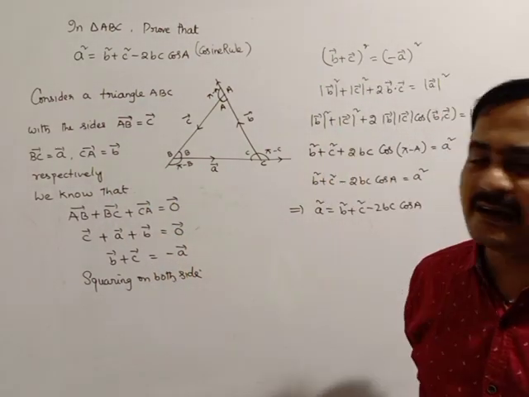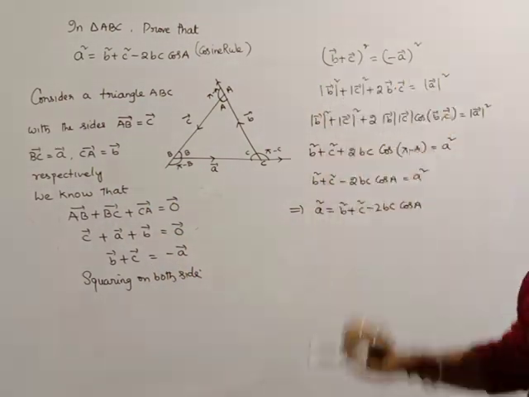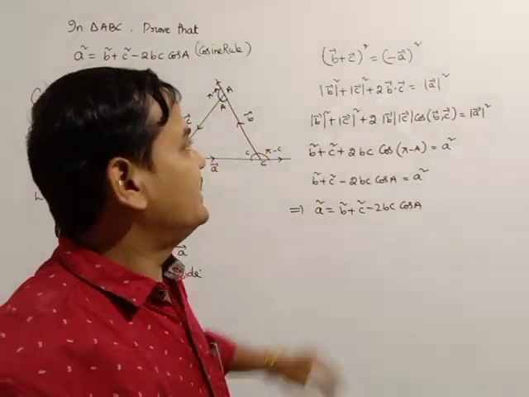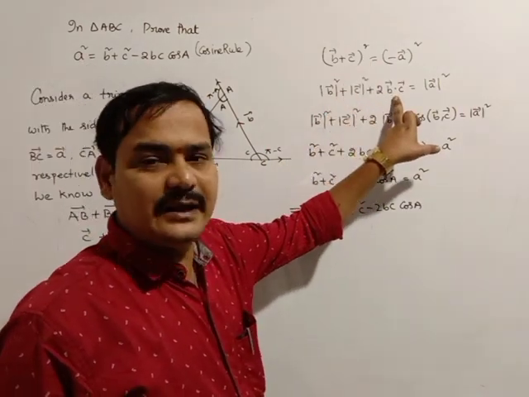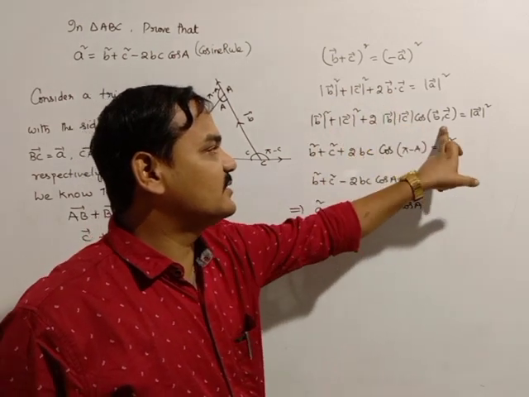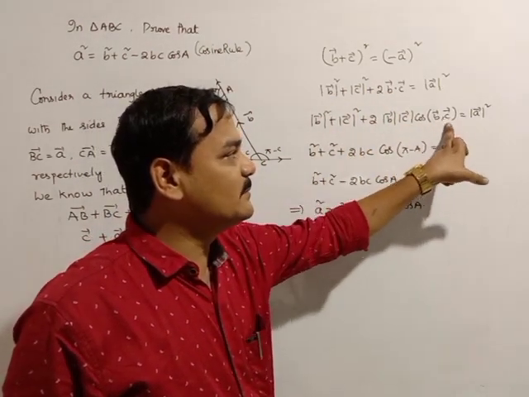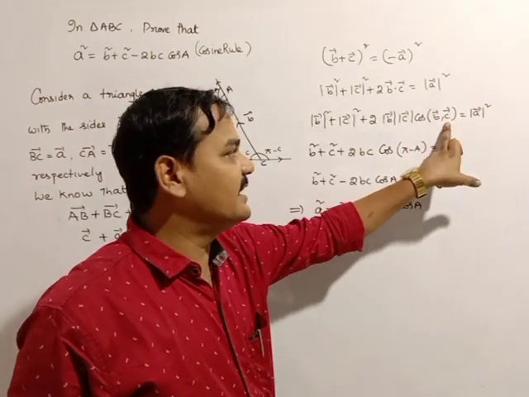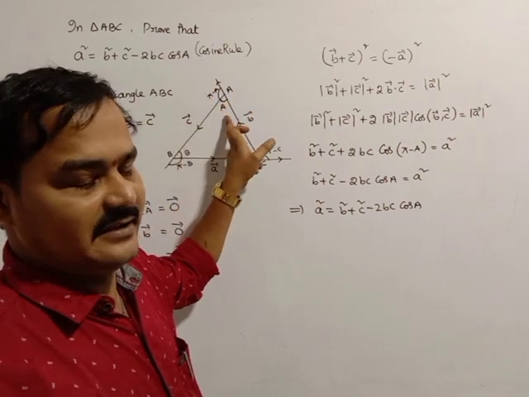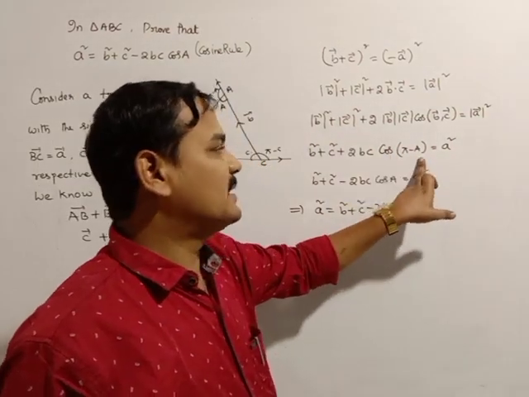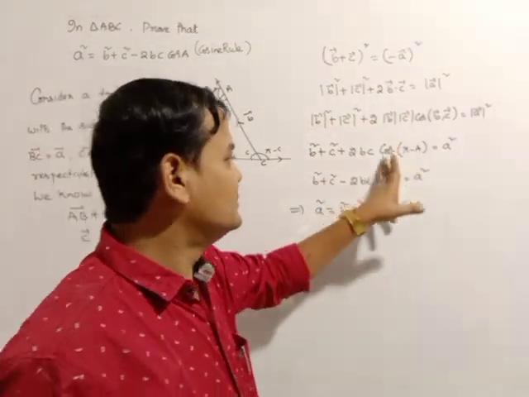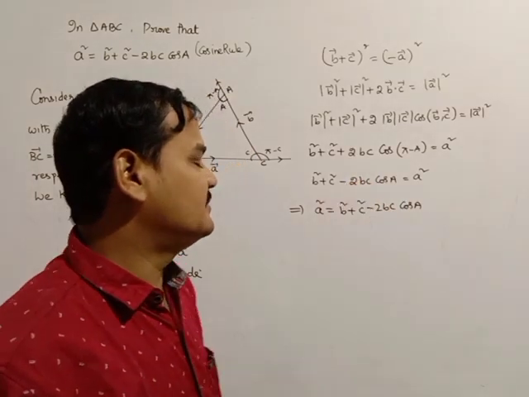Next, what you did is squaring on both sides. (B bar plus C bar) whole square is equal to minus A bar square. So that is (A plus B) whole square, A square plus B square plus 2AB, meaning 2 B bar dot C bar, is equal to A square. The B bar dot C bar formula can be explained: the meaning is the angle between B bar and C bar. The angle between B bar and C bar is equal to pi minus A, not A. Cos of pi minus A: in the second quadrant cos is negative, and with pi the function does not change. So cos of pi minus A is equal to minus cos A.